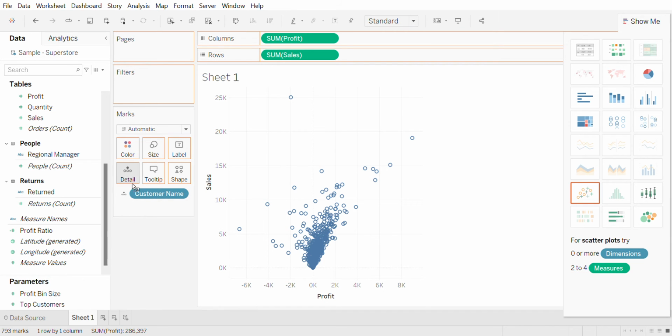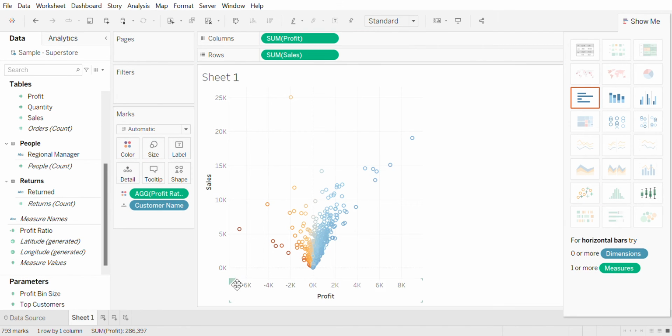So I'll put this in the color, like you hover over it and it becomes gray in color. So I'll put it on color. So you get a graph. And I personally don't like this color combination. So I'm going to click on color and edit color. And I will choose colors. I'll choose my regular favorite sunrise, sunset, diverging option here.